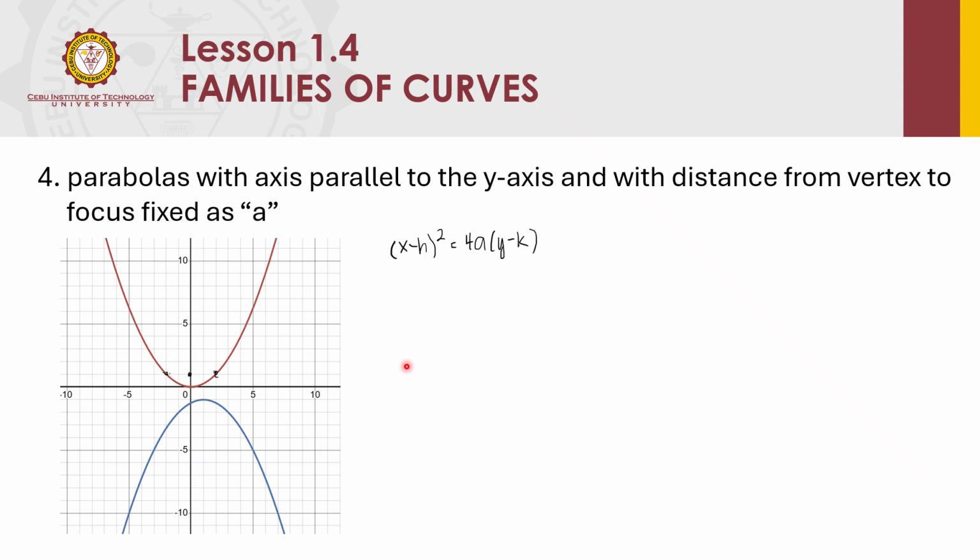Right? So for the second parabola, it's the same thing. The vertex is, let's say, here. So we count 1 unit below it for the focus, and then 2 units to the right and 2 units to the left to trace the curve. So the width of the parabolas are the same since the distance from the vertex to the focus, or a, is the same. So what varies is the location of the vertex. Okay, so we have here three constants.